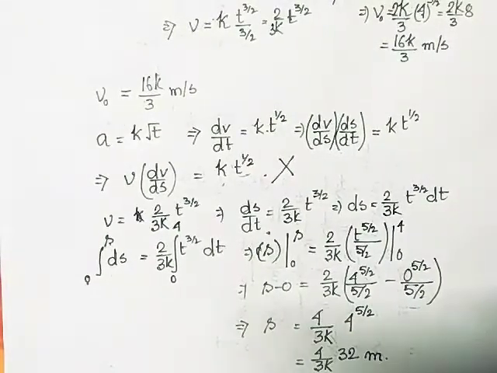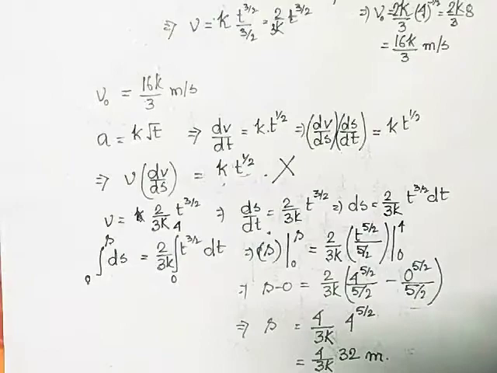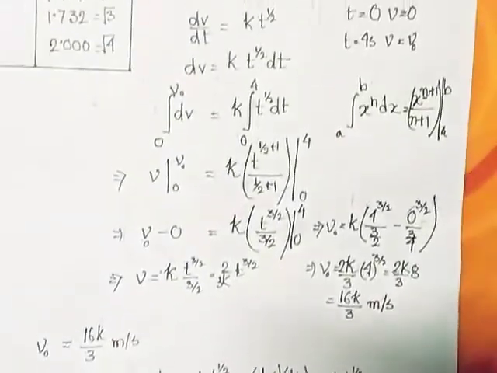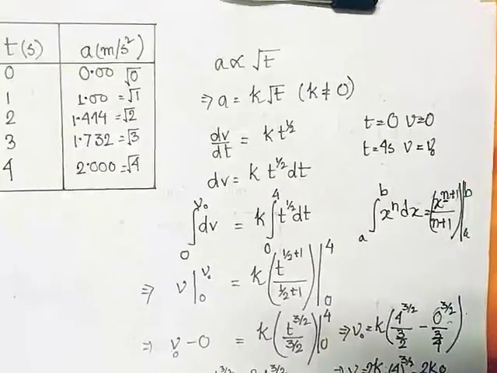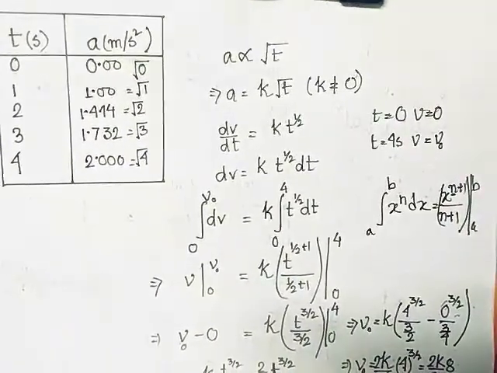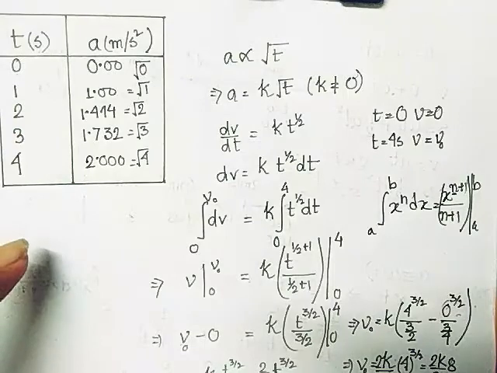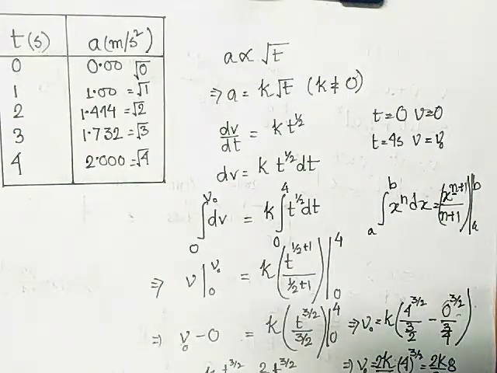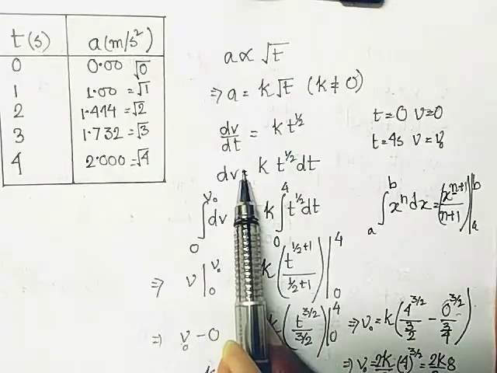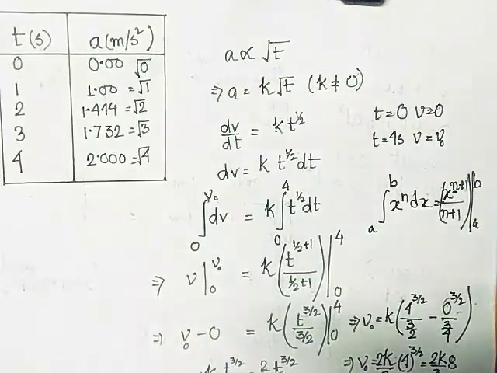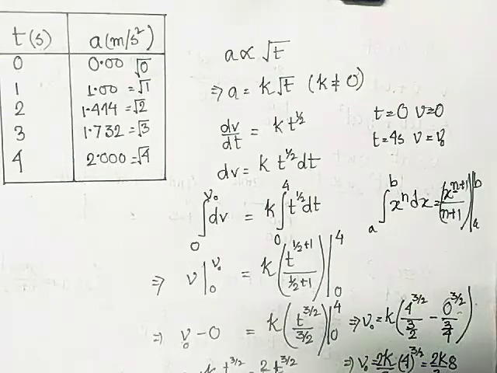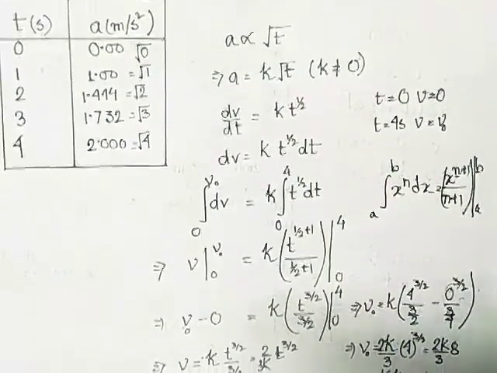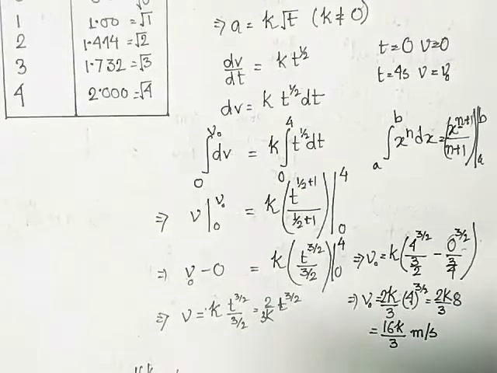So one thing is left, that is I have to do the multiplication. So from here I have started from here. We get data in a table showing how the values vary. We check the pattern, and we get a pattern that acceleration is proportional to the square root of time. Then since a equals dv/dt, we find it out by integration. By the integration procedure we find the velocity of the particle after 4 seconds, and we are able to find it.